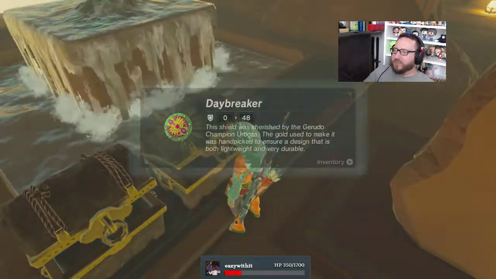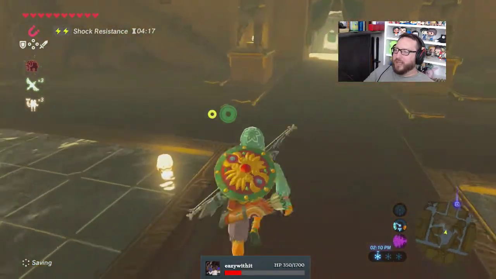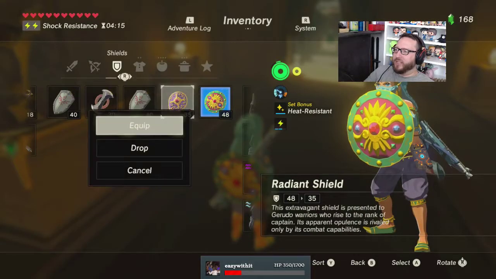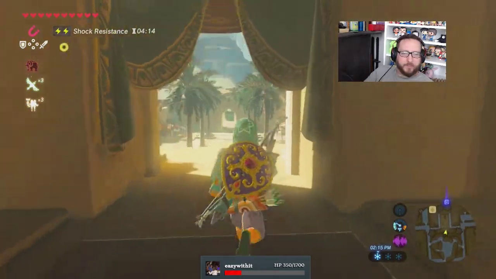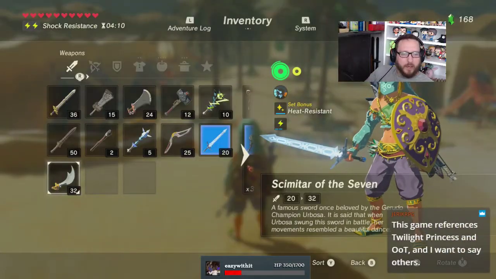I mean, the shield and sword are awesome, but any item that is unique, I want to be able to keep for myself in my house. And these look like they're unique. Yeah, Scimitar of the Seven. I love it. Because, yeah, Ganon is Pigman in